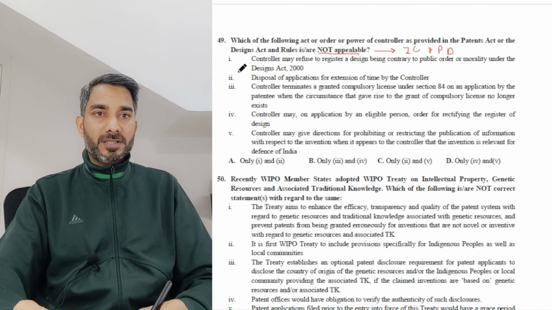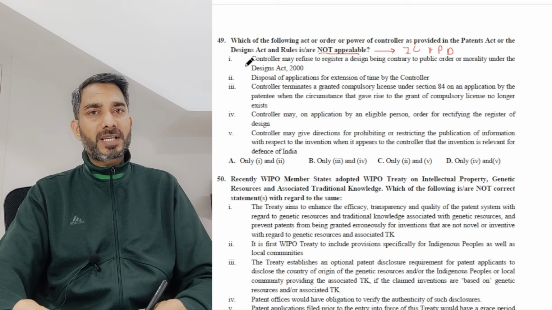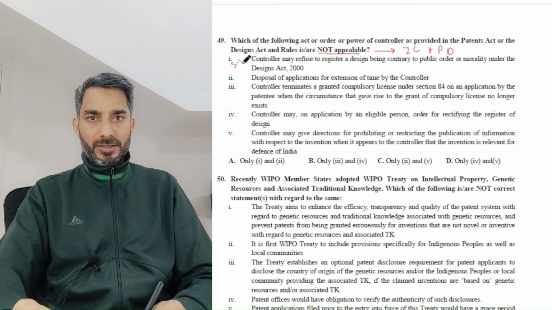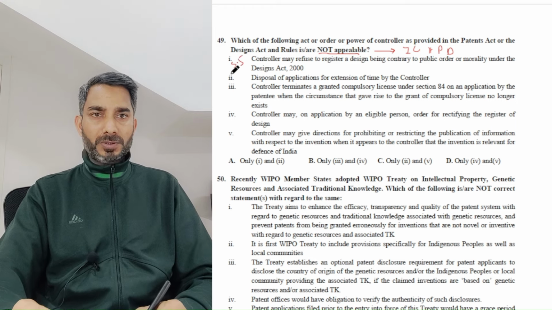Controller may refuse to register a design being contrary to public order. No, this can be appealed for sure. Section 5 allows you to appeal. Disposal of application for extension of time by the controller. For such a small thing, you don't go to